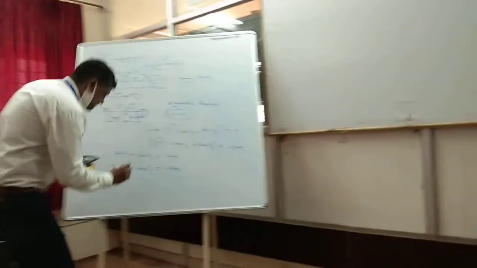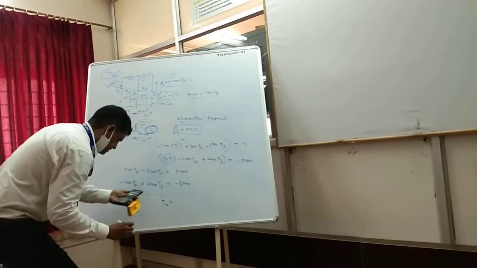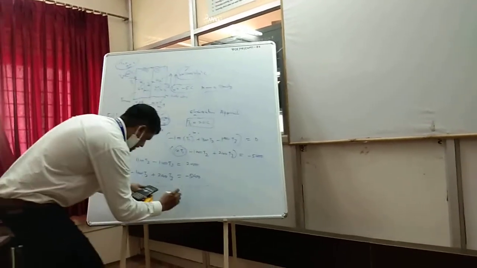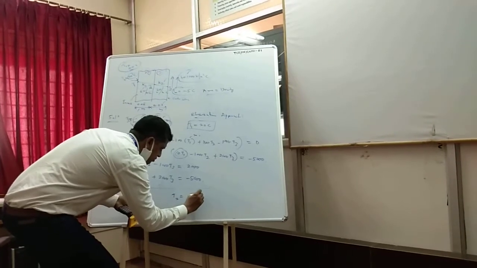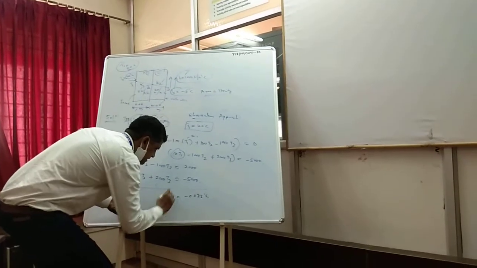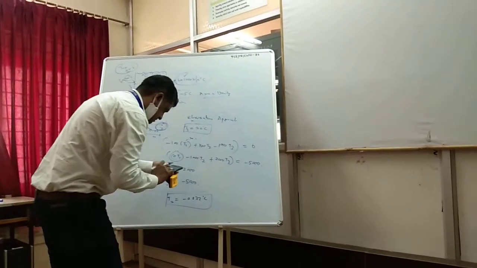Okay, we got the T2 value, temperature at node 2, minus 0.833 degrees Celsius, and